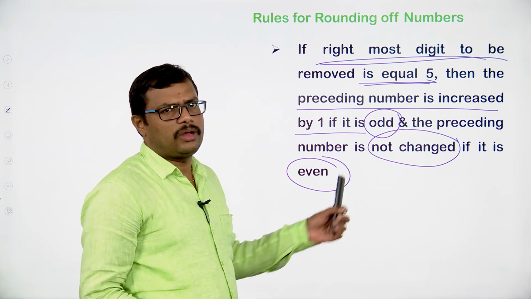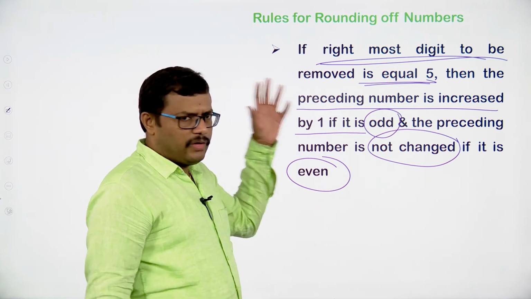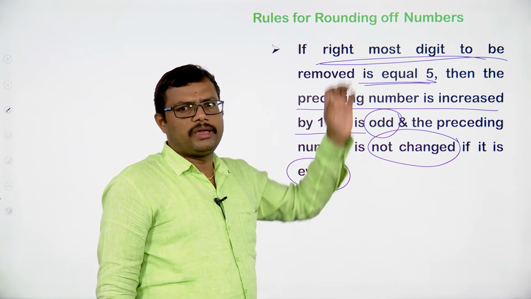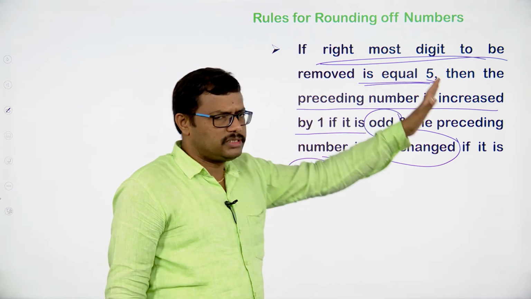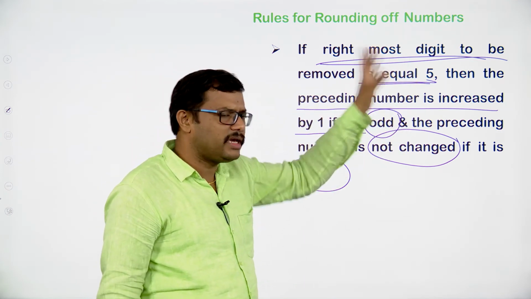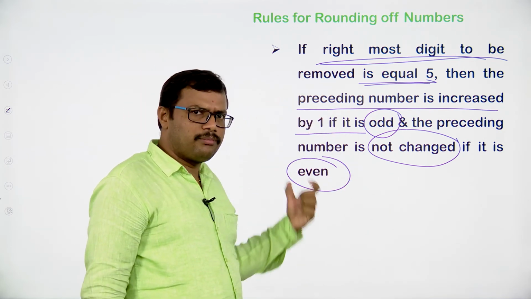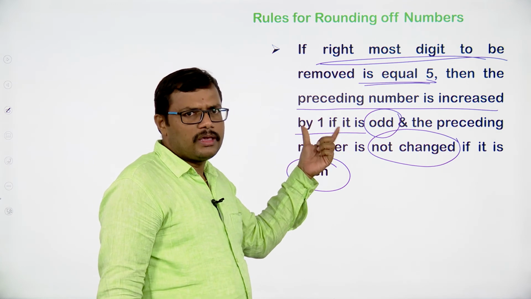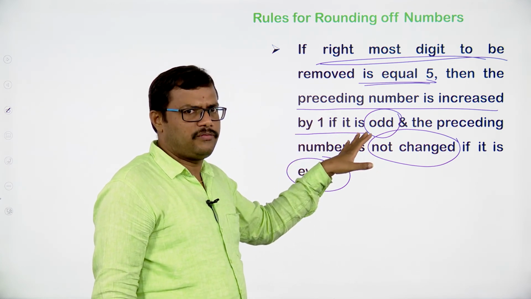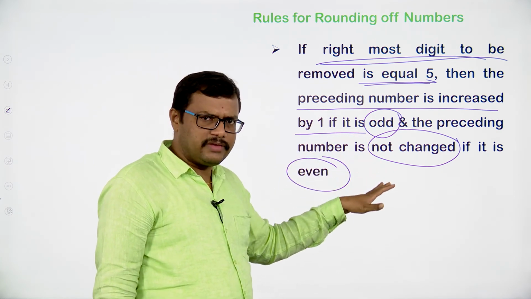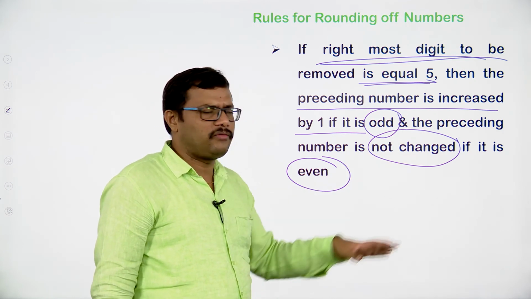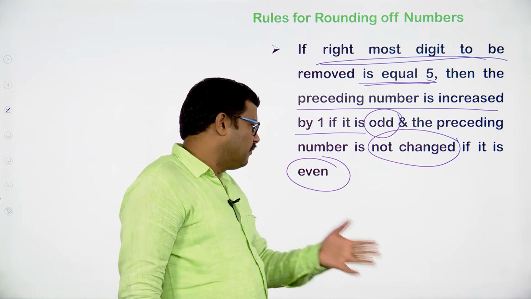The same thing we are going to apply here also. When the rightmost digit to be removed, the last-most digit to be removed, is exactly equal to 5, in that case, the preceding number should be increased by 1 if it is odd. If the preceding number is even, in that case we are not going to change it. For example,